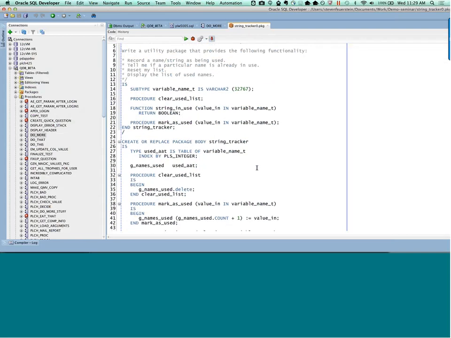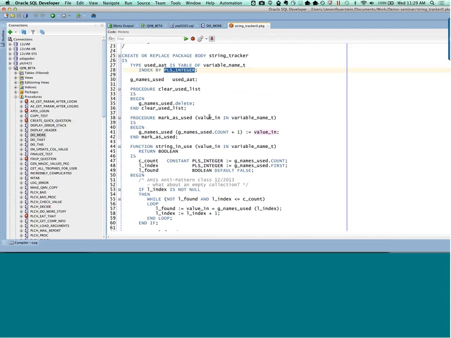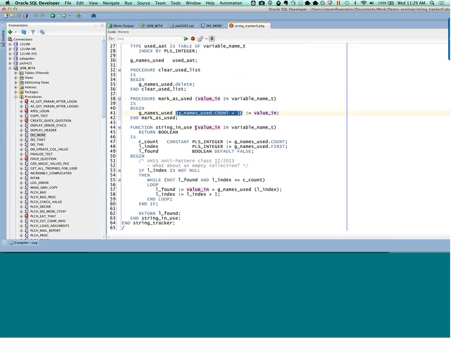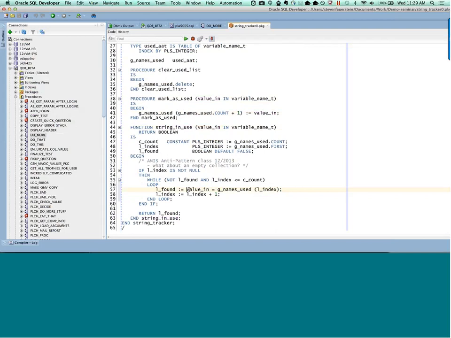So what I've done is created a list of use names, which is a list of strings indexed by integer. And every time I mark a value as used, I simply add it to the list sequentially. And then when I need to see if a string is in use, I iterate through my array looking for a match. This is a fairly typical application of using collections in PL/SQL in which I fill things up